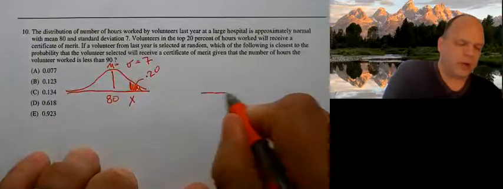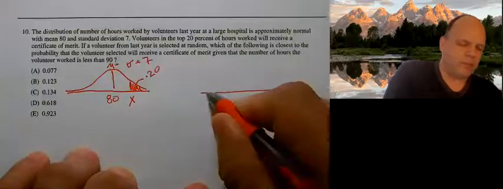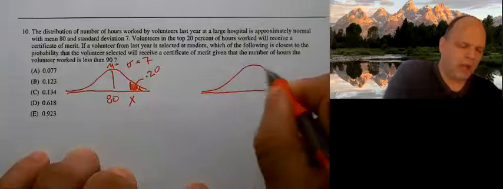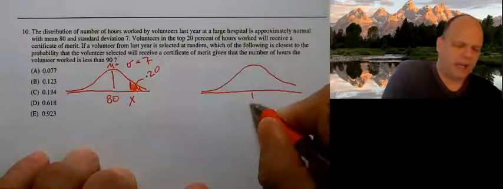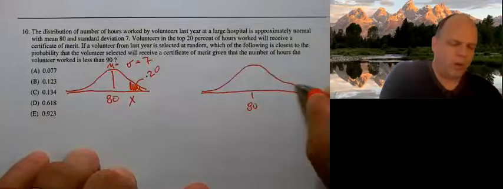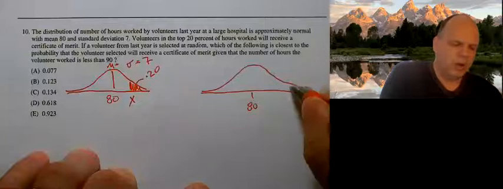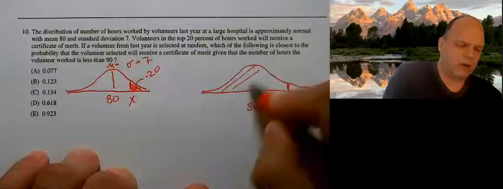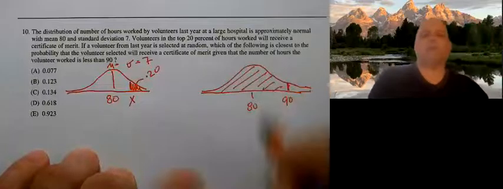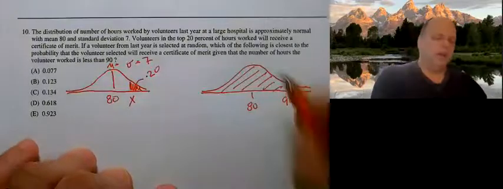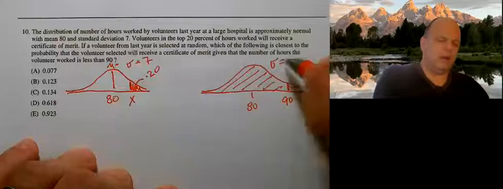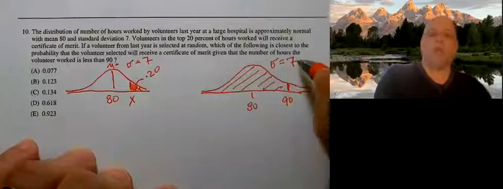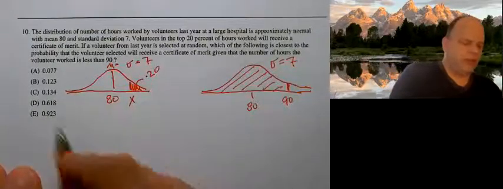So I'm going to draw another graph. And it's going to have the same mean at 80. But we want to know if they worked less than 90. So if this is less than 90, what's the probability they received an award? So basically we're saying this,